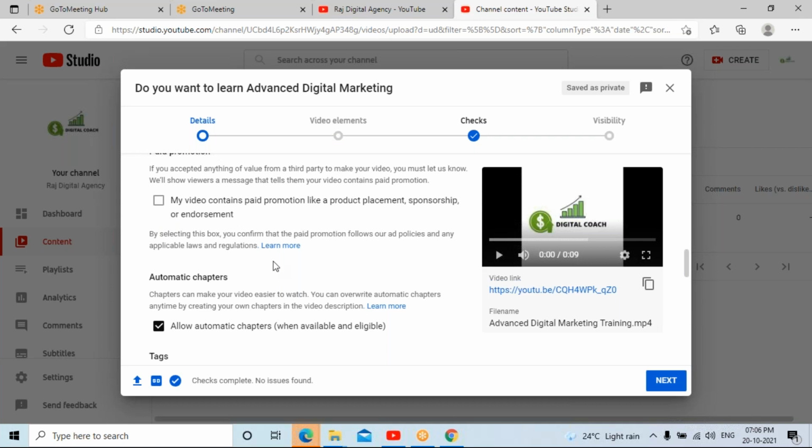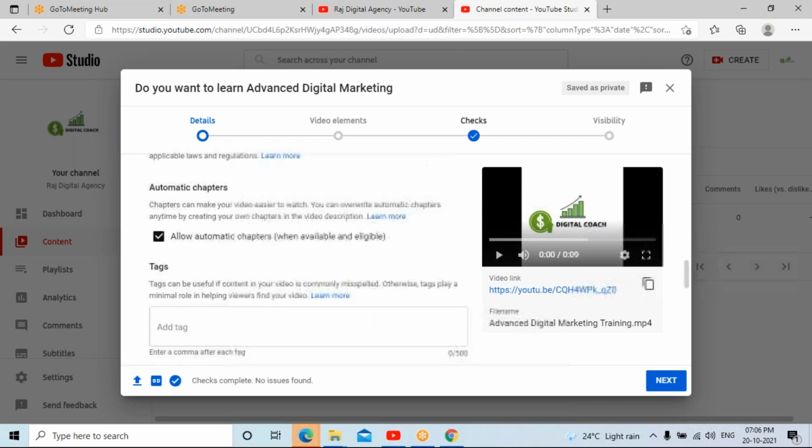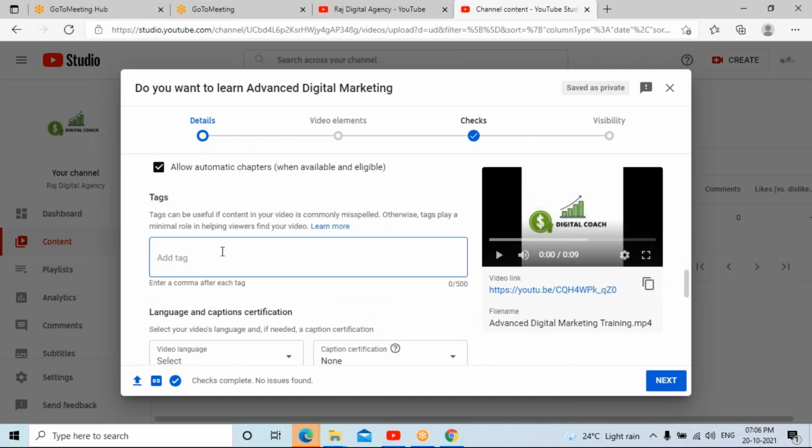Then scroll down the screen, you can see the tags. These tags can be used as keywords to identify your videos. In the last class I gave you one link or a tool name where you can generate YouTube keywords or tags.